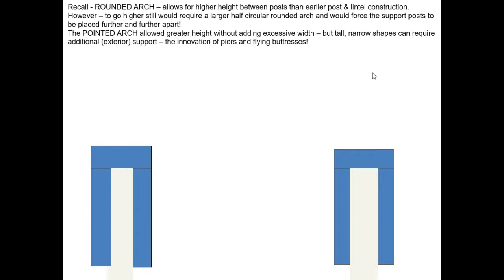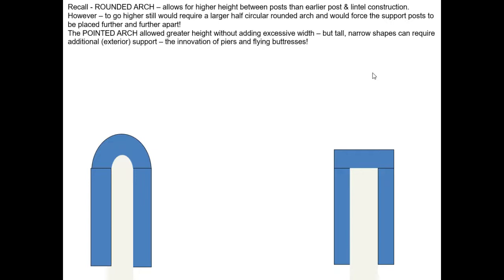And so as that kind of cathedral building craze happens through the 1200s, you're going to start seeing a change from the post and lintel system we were used to in Greece, change to the round arch system we got used to in Rome, and then into the Romanesque. But you can see that if I want to build a taller